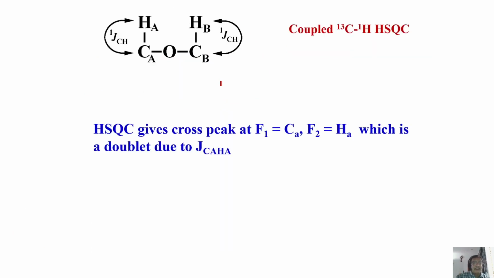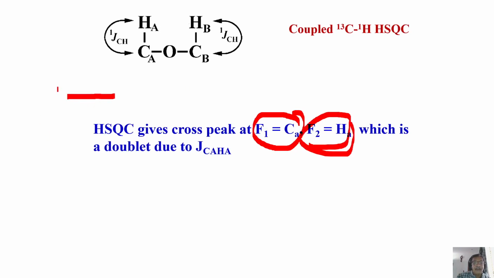Okay. Now in the HSQC spectrum, what happens? In the F1 dimension, Ca gives a peak for carbon. In the F2 dimension, you get the proton peak. That is what the correlation is like, right? If you get carbon here in the F1 dimension, this is carbon. In the F2 dimension, this is proton. That's all. I said in the HETCOR experiment, we got a cross peak like this. You go vertically up, you get carbon chemical shift. Go horizontally, you get proton chemical shift.